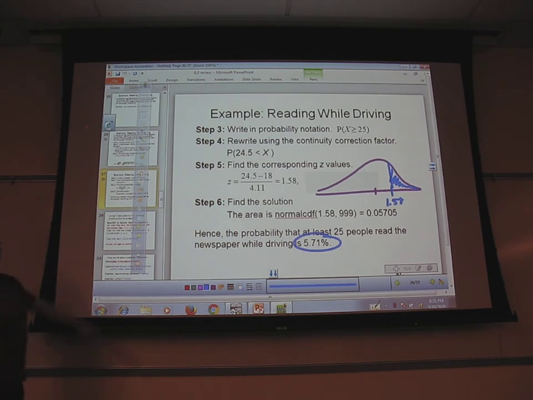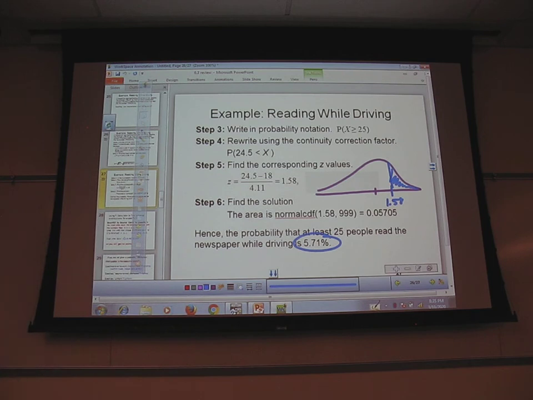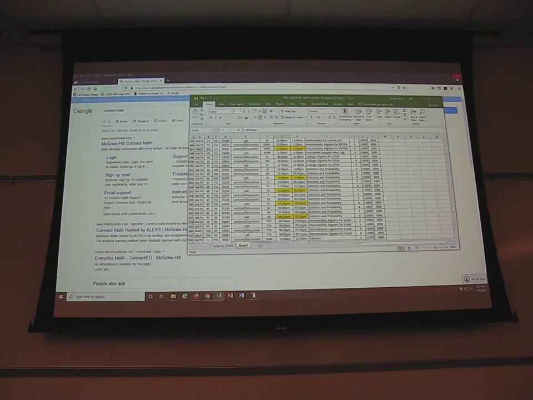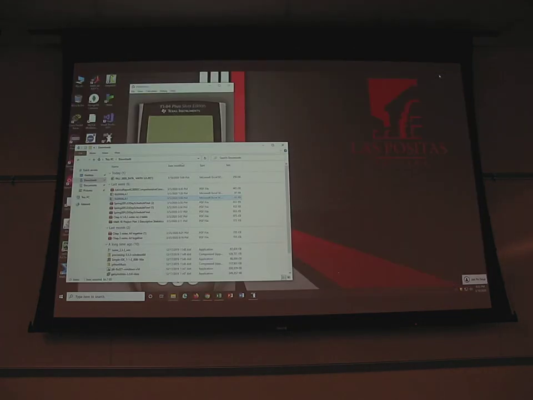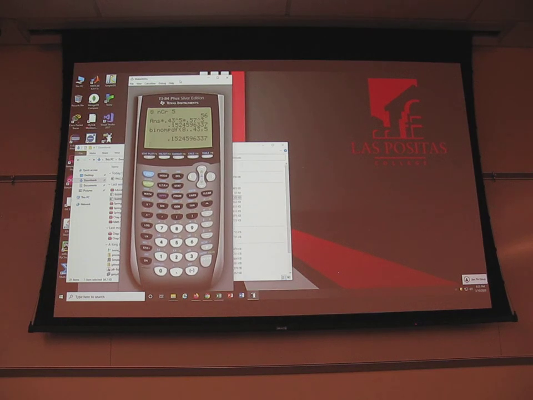You do not need to know how to do this. I have to cover it. The reason you don't have to do this is because TI-83 and 84 calculators can do this now. Back in my day, we had to use this. Your day, things are much easier. You guys got it easy. No, just kidding. You have other issues to deal with.